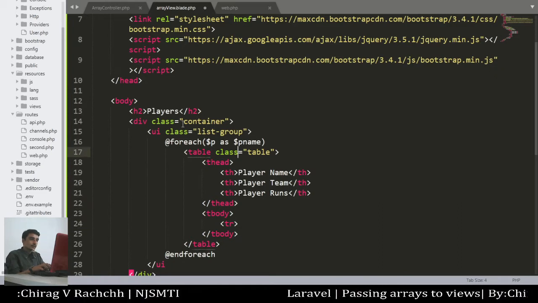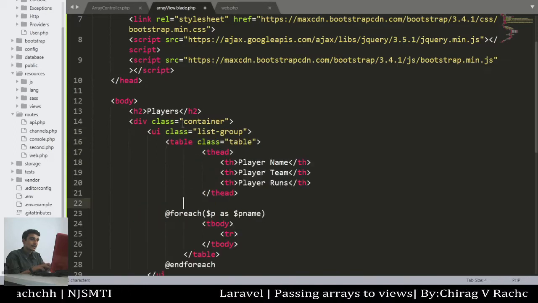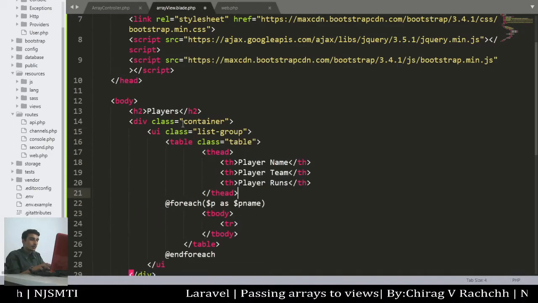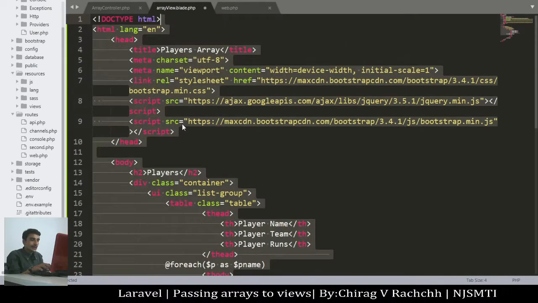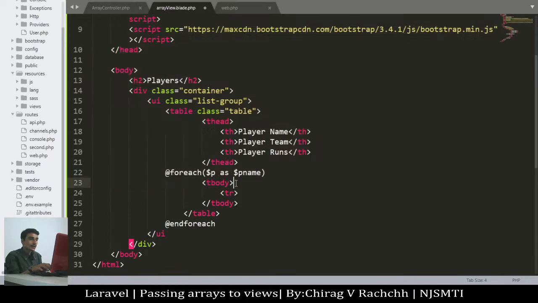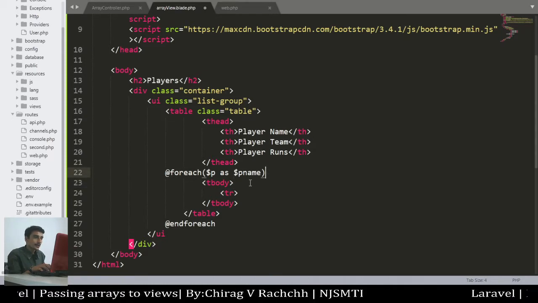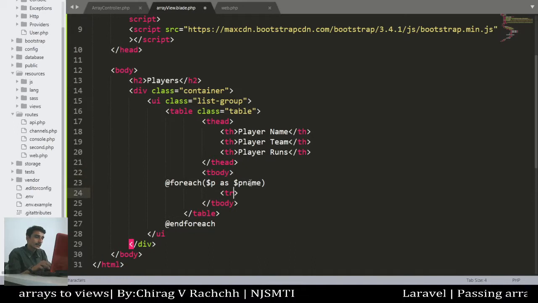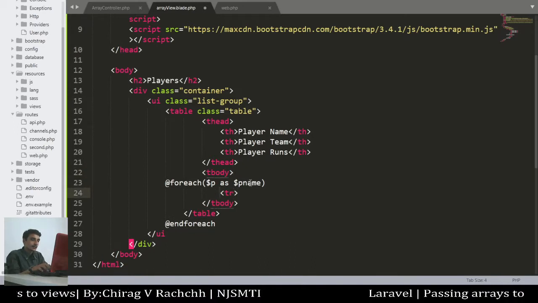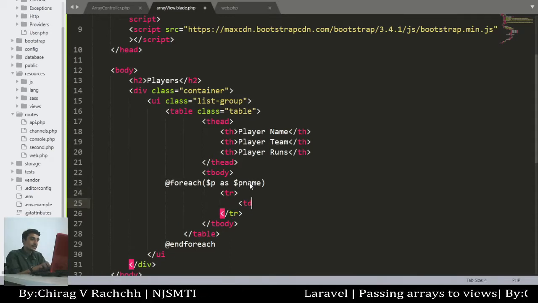This thing should be declared before the loop starts. Inside the loop we will add one row for each player or record. Here tbody should also appear before the array. tr, that is for adding a row, then inside the tr, td.